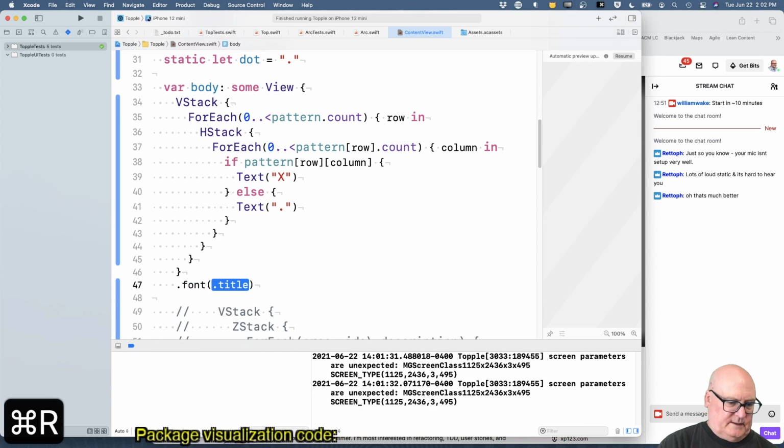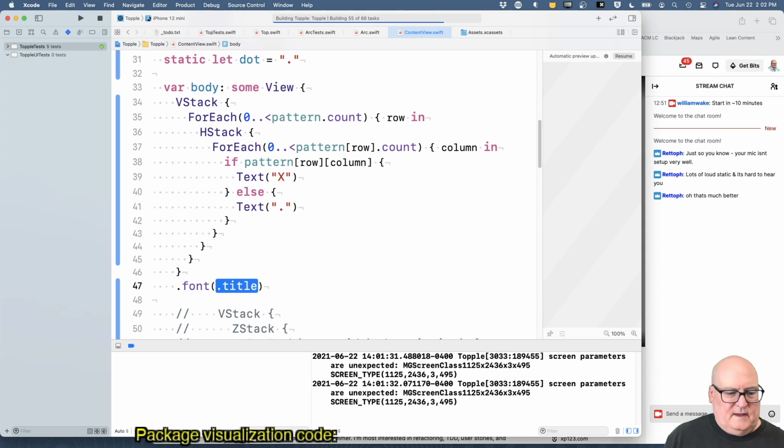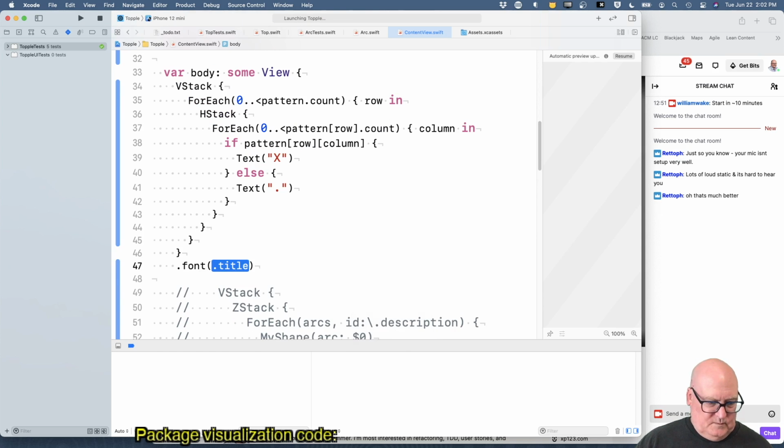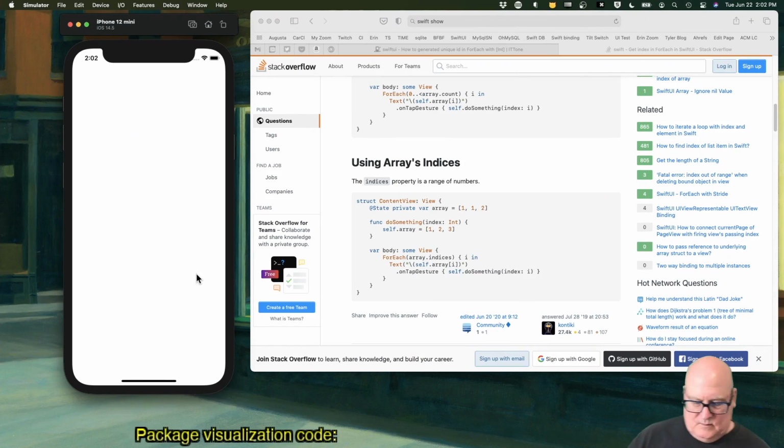Yeah, let's try that. A little bigger. Okay. So what I would like to happen is if I click an X, click a space, I'd like to reverse the